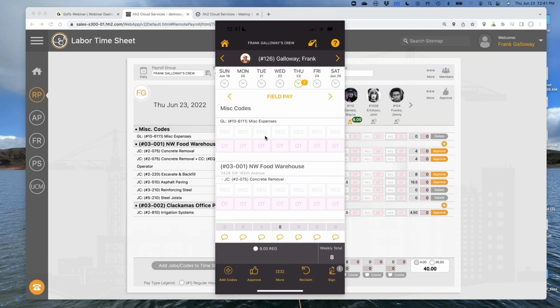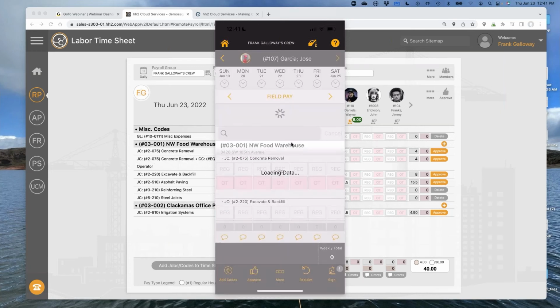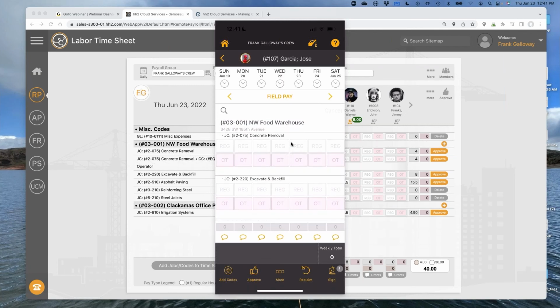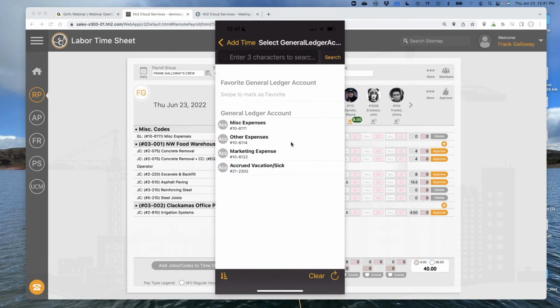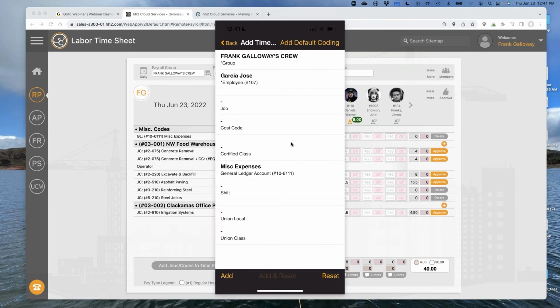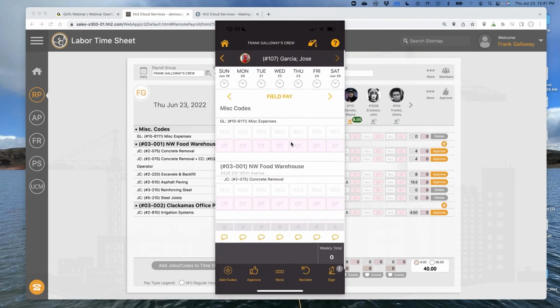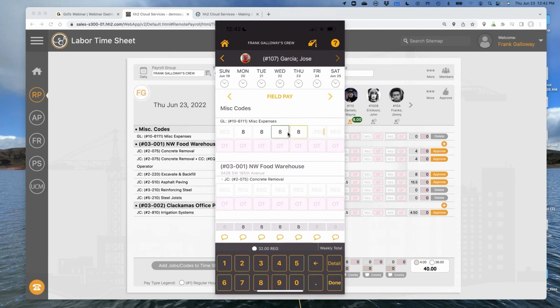Let's go to Jose Garcia. Jose Garcia currently doesn't have a GL on his card. So I'm going to hit the plus button. And instead of choosing a job and a cost code, I'm going to go to a GL account. I'm going to say it's just miscellaneous expense for that employee. And so I've added that. So if I'm salaried, I can just come in here and throw my hours in if you want to keep track of those.